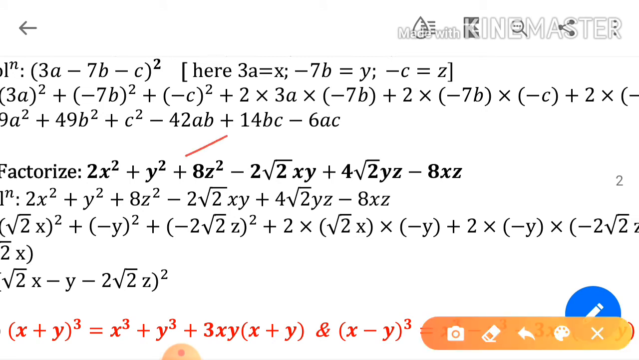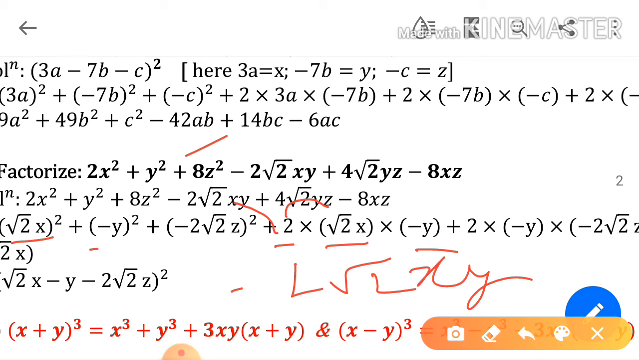Now the fourth term we have to write, 2xy. Here it is root 2x and y equals minus y. We write it there, and this term is equated with this. Here also minus root 2 xy is coming. 2 into root 2x into minus y, that is minus 2 root 2 xy, minus 2 root 2 xy comes out of there. Okay,